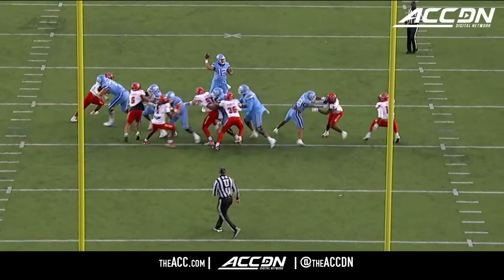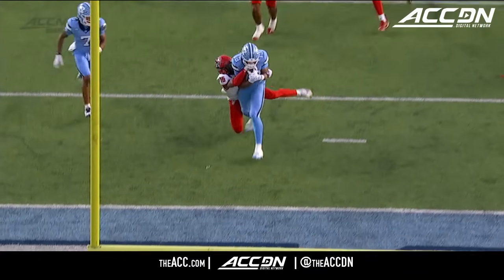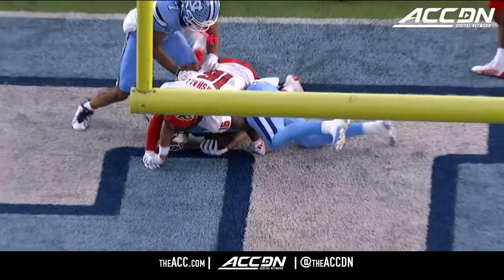Well, here's the pressure. Bring all-out pressure again. Man-to-man coverage on the outside. He decides to go to the 3-man side. And a great job by...